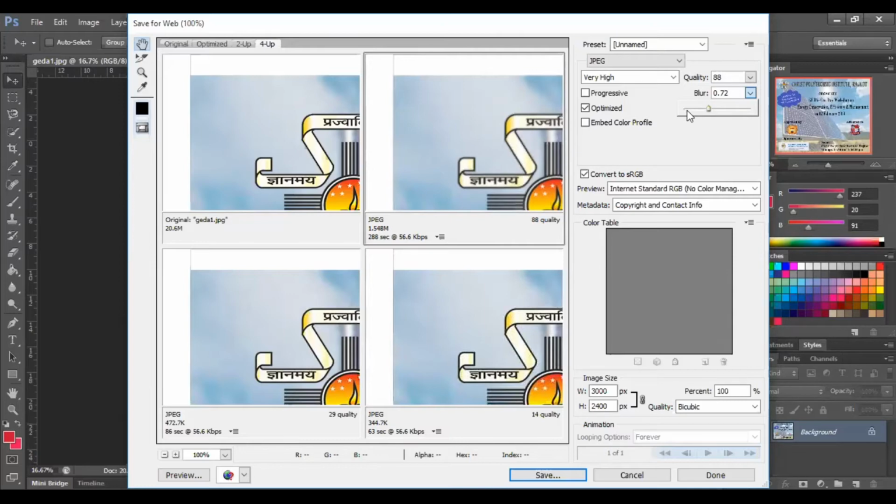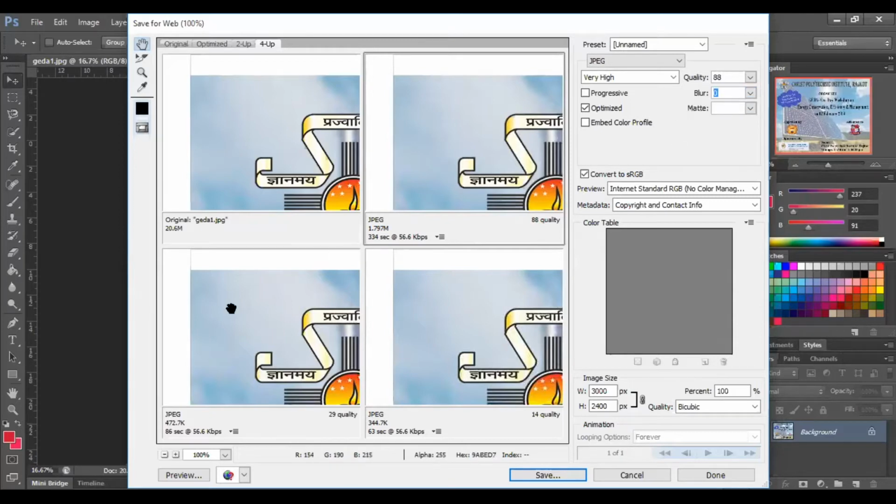Now there will be some question in mind. Okay, why blur is being used? Sometimes you are displaying some images, giving some effects in your web page, so readily or directly you can blur out your image from here. Okay, again I am going to set it to 0. Now see the quality of it.